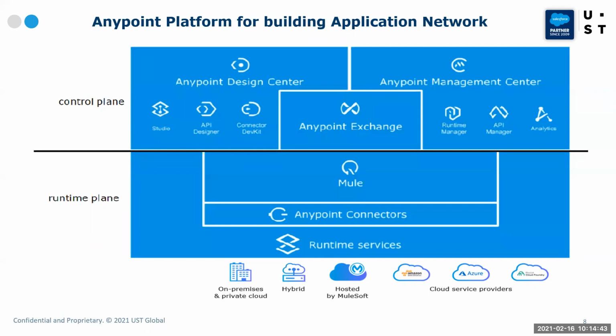And in the runtime plane, we have the Mule runtime services. As I mentioned, the Mule runtime engine can be deployed on premises or on cloud, or it can be a hybrid approach. By default, MuleSoft provides CloudHub as a platform as a service for deploying our Mule applications. We can also have the Mule runtime infrastructure set up on our premises, or we can also use a hybrid deployment topology. With CloudHub offerings, we can also utilize Amazon, or Azure, or any other cloud provider to deploy our Mule runtimes.